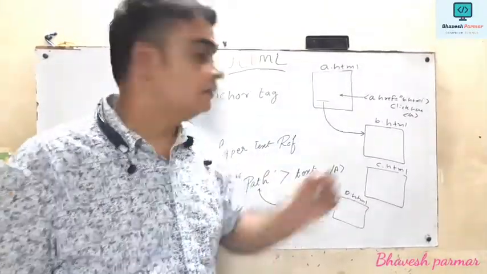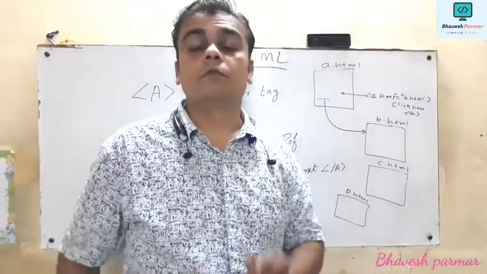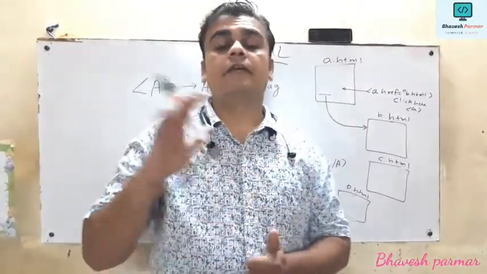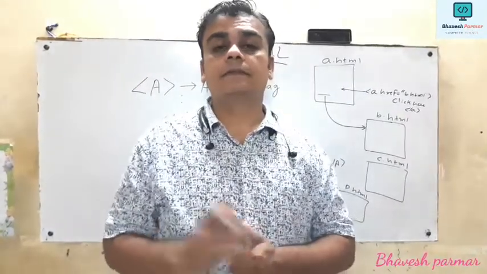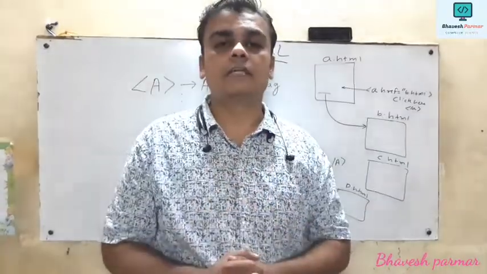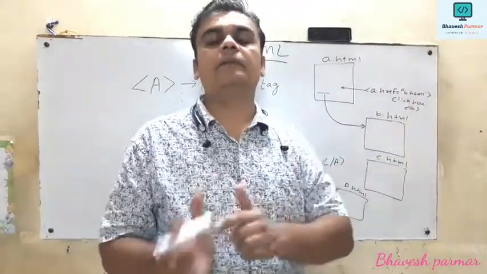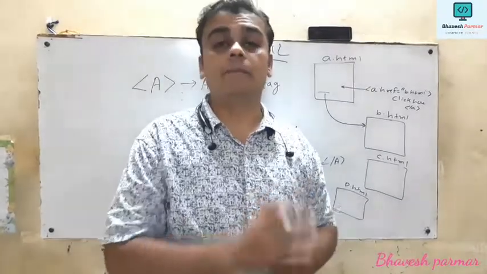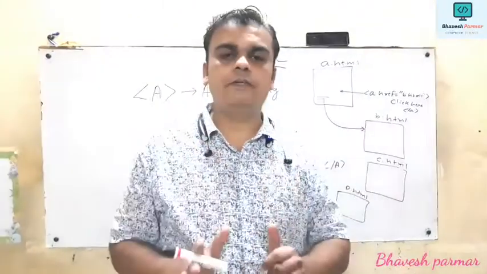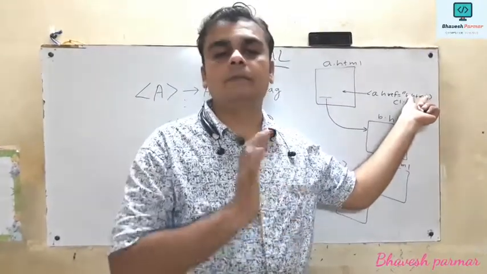But keep one thing in your mind, whenever you mention the path, it should be in the proper way. Why guys? Because if the path is not mentioned correctly, whenever we click on that text, then page cannot be displayed. This type of error appears on your screen because of failure of this path, meaning that particular path is not located by your web browser, so it will generate an error message. So we should keep the correct path while writing the program.